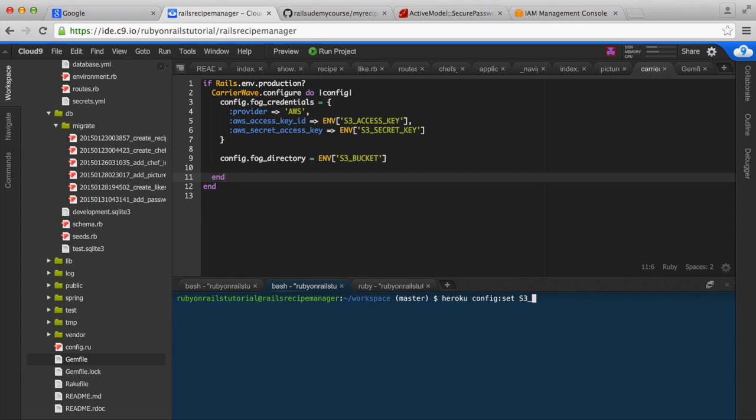And then same thing, after you've done that, type in heroku config:set S3_SECRET_KEY, and then enter in the secret key. That's the bigger one. Now that is this one right here, S3 secret key, you're setting that. And then once you hit enter, the last thing you want to do is set up